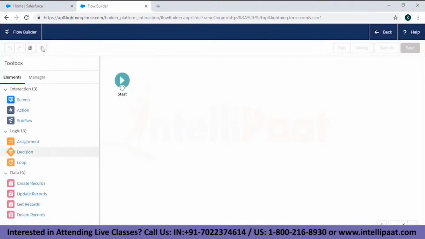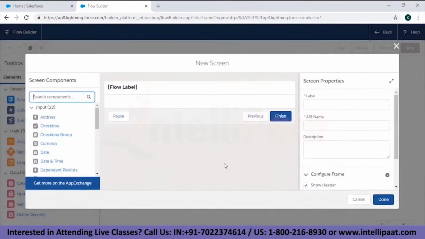So we have this toolbox over here. This is the button bar, and this is the canvas. We have a drag and drop feature in this toolbox. You can drag some of these items, actually all of these items, onto our canvas and edit them. First of all, let's drag Screen. Let's place it over here. This menu will open up. Let's name the label New User, and then the API name will come on its own.